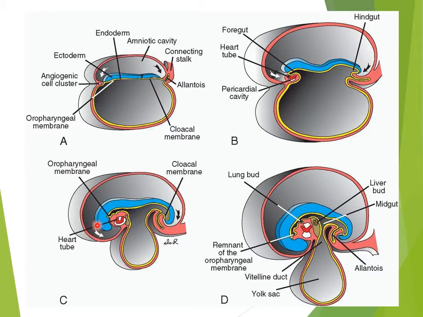Here you can see. So along with that, this is enclosing and incorporating into the endodermal lined tube, and this endodermal lined tube, which is due to the incorporation of the yolk sac during the cephalocaudal folding, is a gut tube. So you can see that here it is incorporating the gut tube, where there is the ventral and dorsal aspect, or you can say the cranial or caudal aspect of this tube.